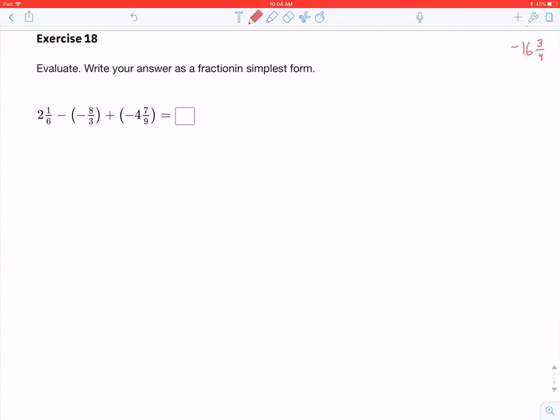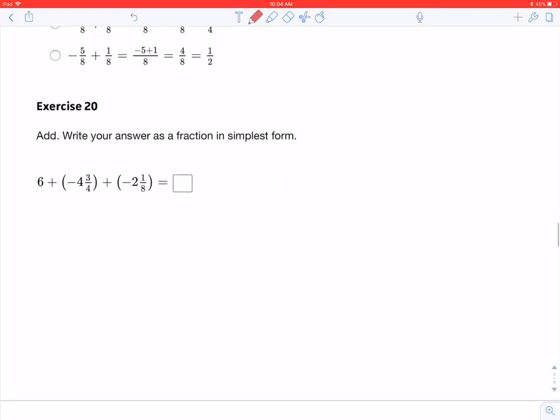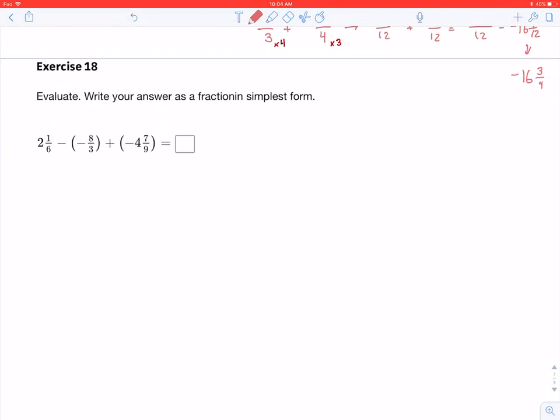And then number 18 is very similar to the number 20 from last exercise, we're adding 3 fractions. Only difference with number 18 is that we have some subtraction going on, but again, keep change properly, and after that, you'll just be able to knock it out just like the last 3 fraction problem on the 2.2 exercise. So if you need any help, just look back at that work, and if through any of this you're totally confused, don't understand anything you've asked,